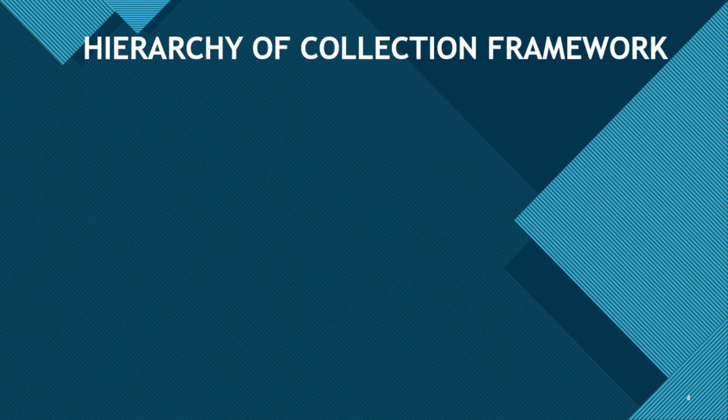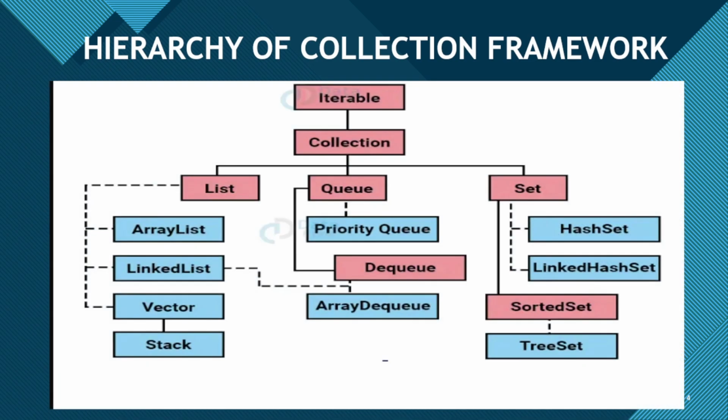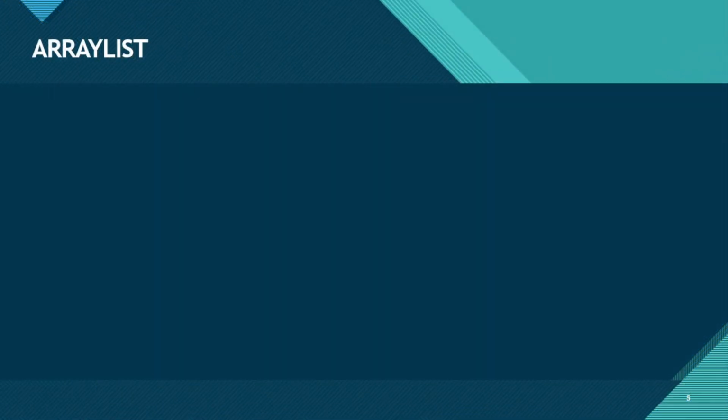of collection framework. As we know, the collection interface itself extends the iterable interface, and all the other interfaces like list, queue, set, deque, these all extend the collection interface. But the classes today we're going to cover are ArrayList, LinkedList and Vector, and these three classes implement the list interface. तो चलते हैं इस वीडियो में आगे।